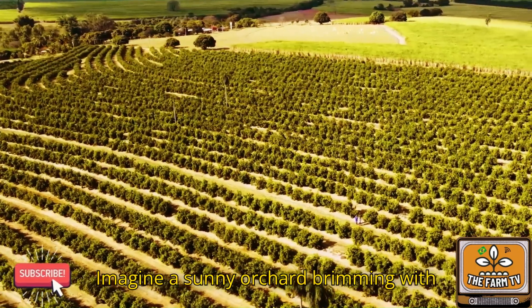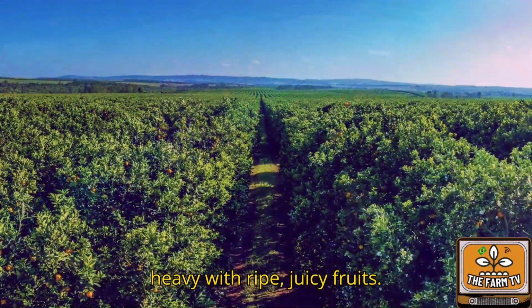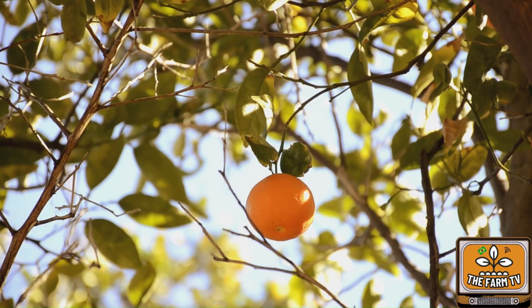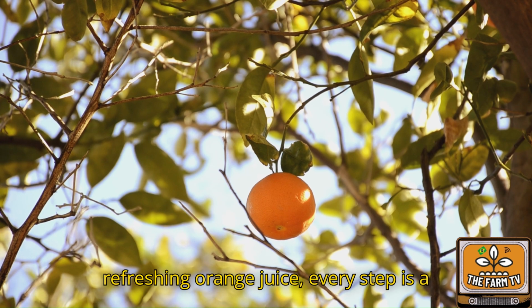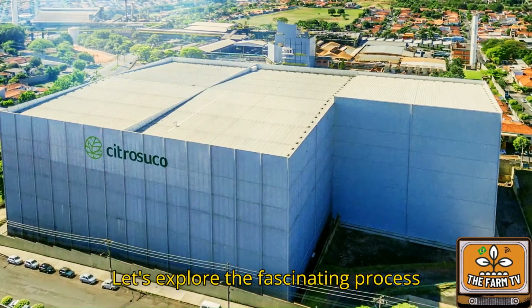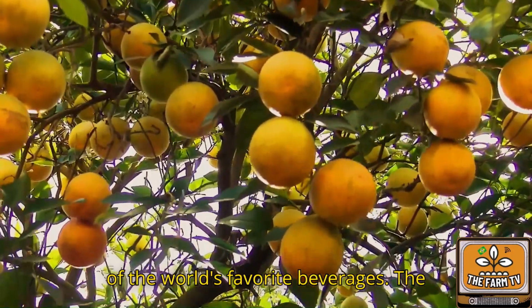Imagine a sunny orchard brimming with vibrant orange trees, their branches heavy with ripe, juicy fruits. This is where the journey of your morning glass of orange juice begins. From cultivation to harvest, and finally to the production of refreshing orange juice, every step is a blend of tradition and modern innovation. Let's explore the fascinating process that turns these golden fruits into one of the world's favorite